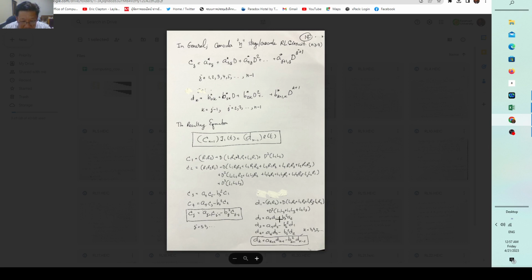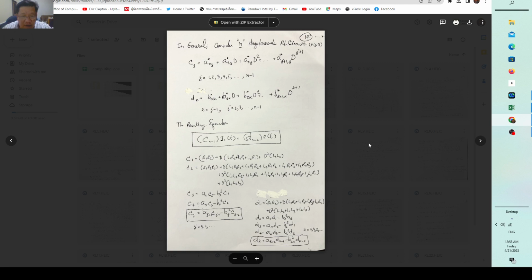using this, we start only with D sub 1, then D sub 2, D sub 3, and you have a general form of D sub k and C sub j. And with this computational procedure,